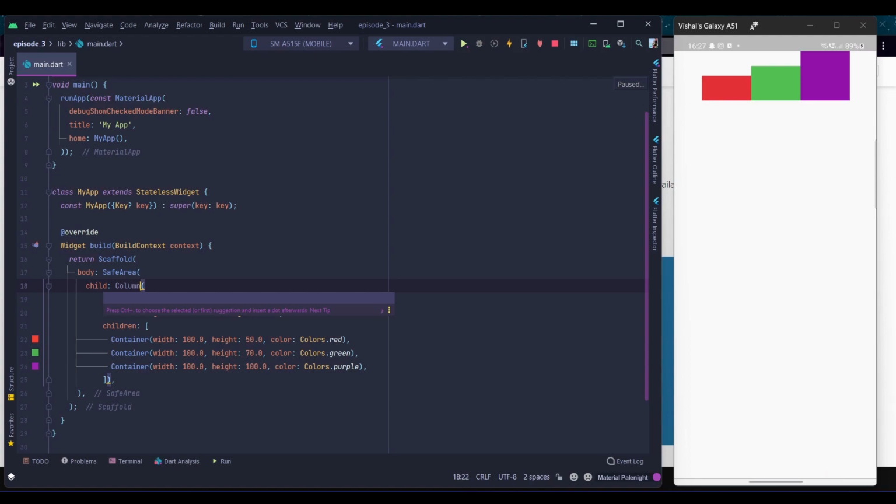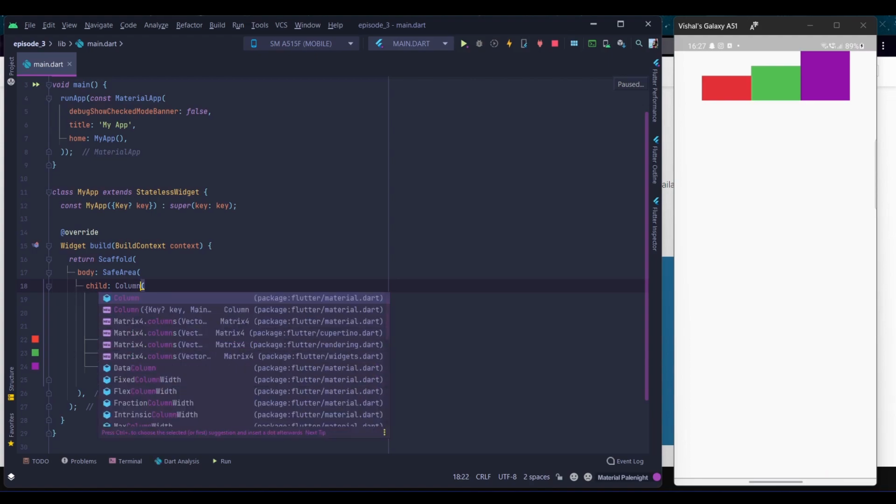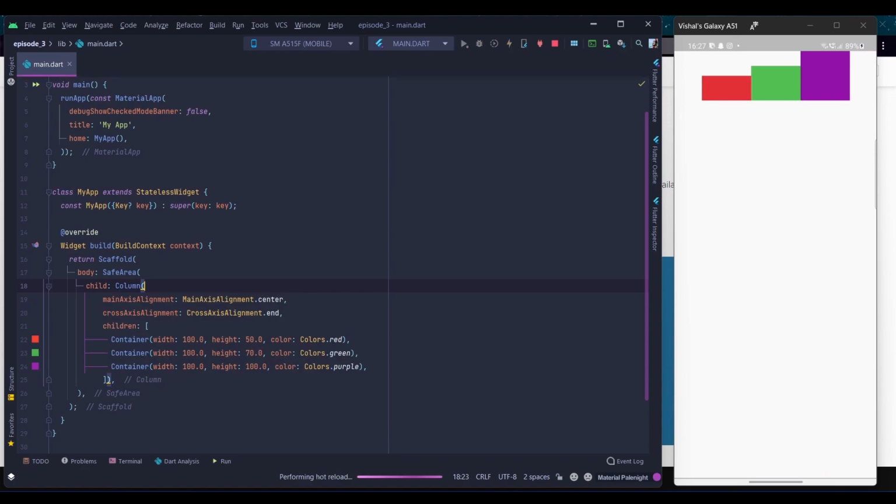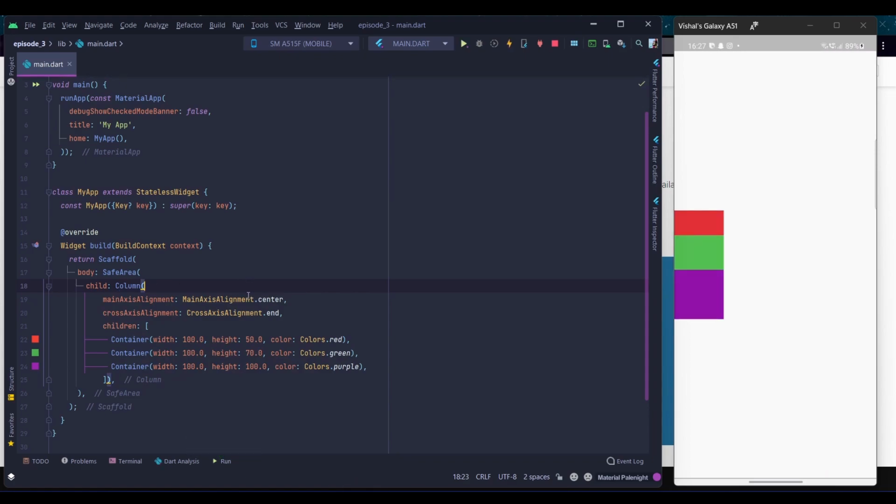Let's switch back to column and see what effect cross-axis alignment has on a column. To see this effect, we will have to change the width of the containers. So let's have this as 50 and this as 70. And now you can clearly see the effect.